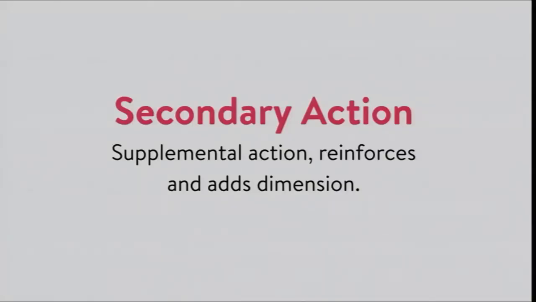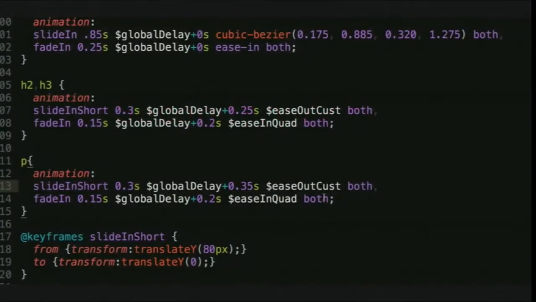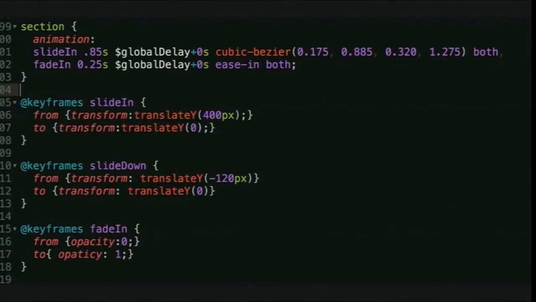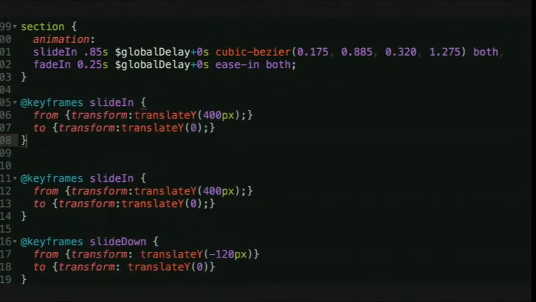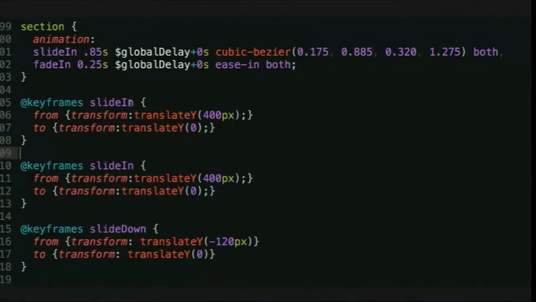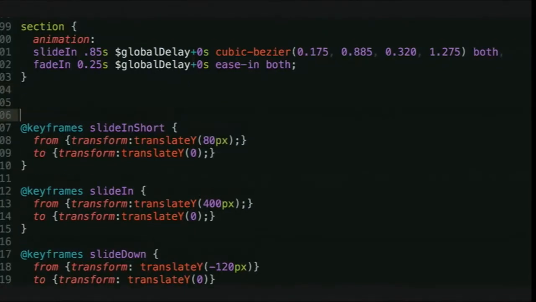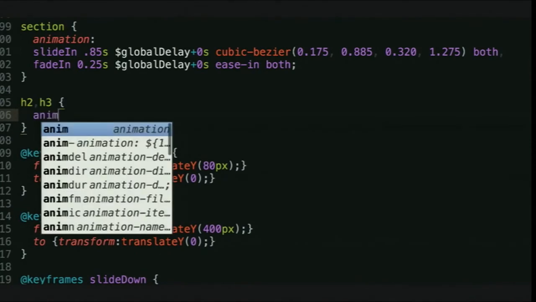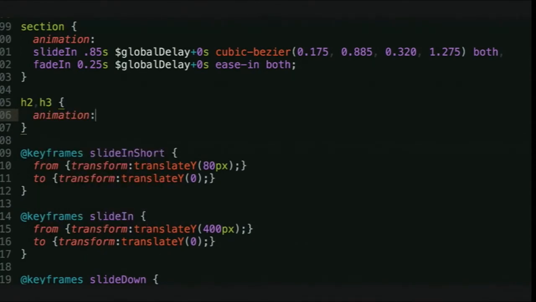So secondary action is any supplemental action that adds dimension, really, to the main action, which is using action a lot in one sentence, but that's OK. And it's kind of what it sounds like it would be. So to add some secondary action in, there's a couple things we're going to do. I'm going to play a video of it since we don't have a ton of time. I'm going to create a second animation for sliding in and make it just a little bit shorter. Because what I want to do is have the text in my box move at a slightly different rate than its parent element. I'm going to take that shorter animation and apply it to my text, starting with my H2